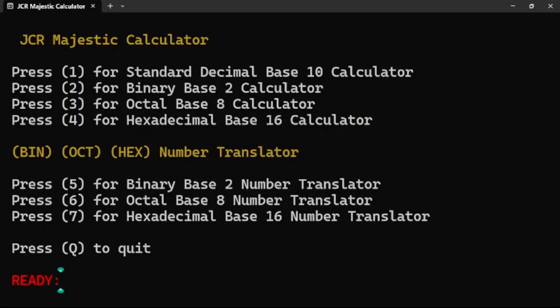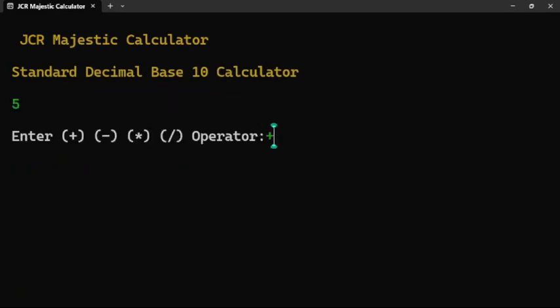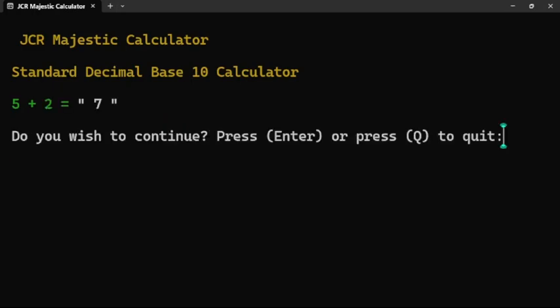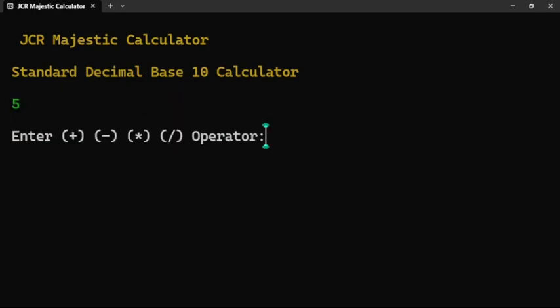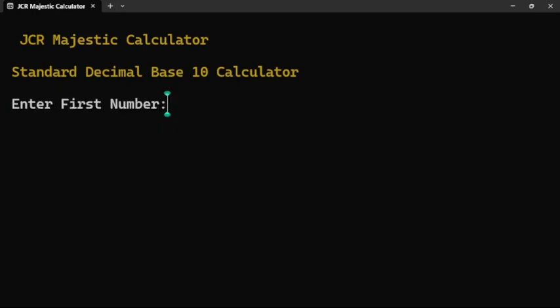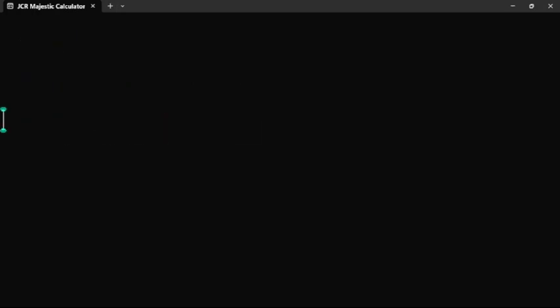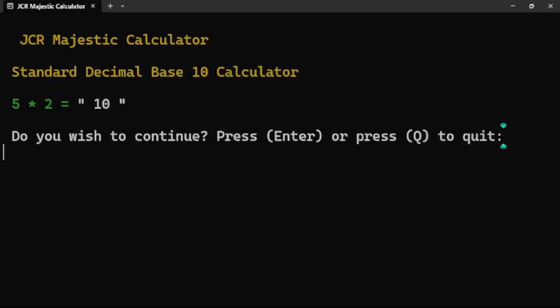This is a demonstration of my Majestic Calculator Python program I created. You can also create this Majestic Calculator Python program for your own use case scenario, which allows you to calculate base 10 numbers into binary base 2, octal base 8, and hexadecimal base 16 number systems. You can also use the translator part of this Majestic Calculator to translate binary, octal and hexadecimal numbers into decimal